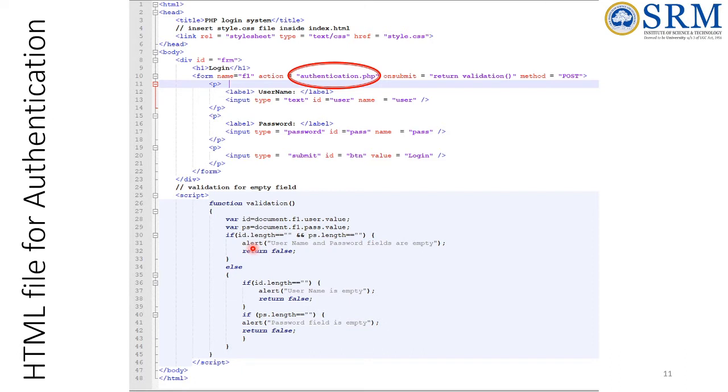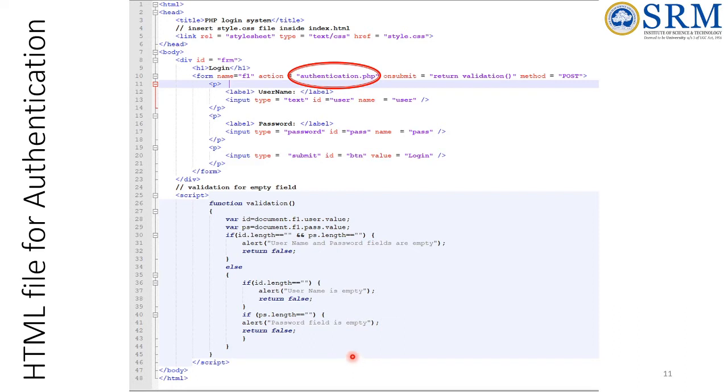If the user hasn't given any username and password, an error has to be shown. If the length of the username and password is null, an alert message will show that the username and password fields are empty. If only the username field is empty, it will show the alert that username is empty. If only the password field is empty, it will show that the password field is empty. A simple client side validation is also written in our HTML code.